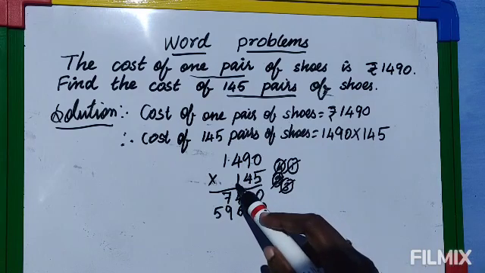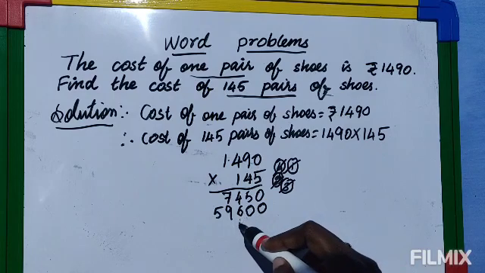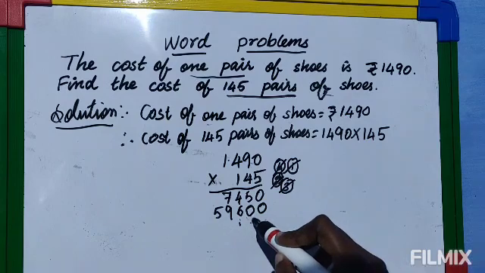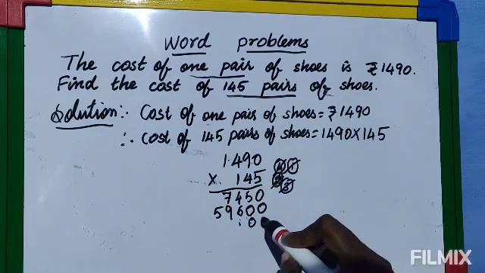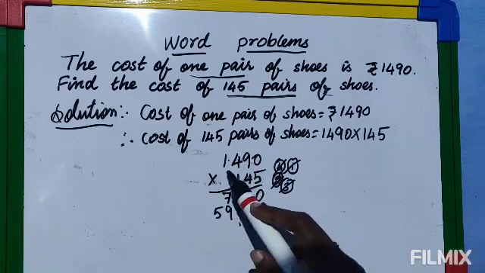Now the third digit you are going to multiply by 1. So now, for the third digit, when you write the answer, you have to start from the third digit. So for the first digit and the second digit, we are not going to write anything. In that place, let's write 0 here. Now, if you multiply any number by 1, the answer is the number itself.